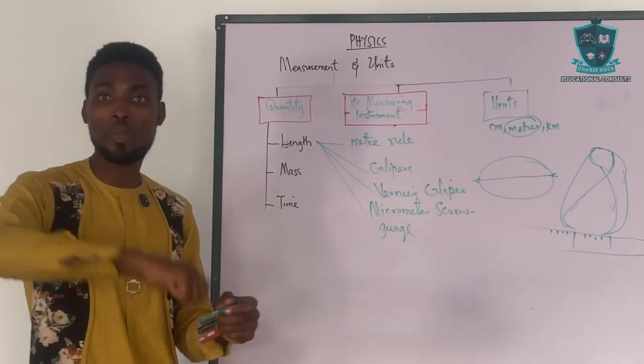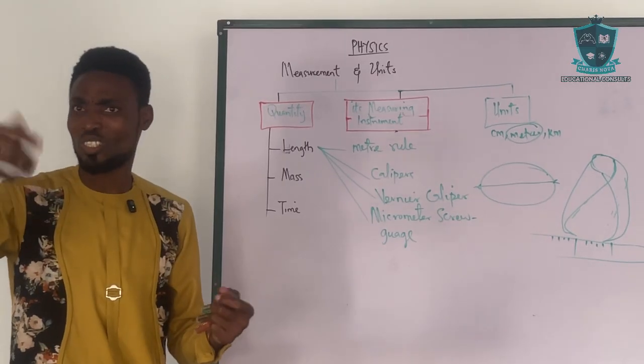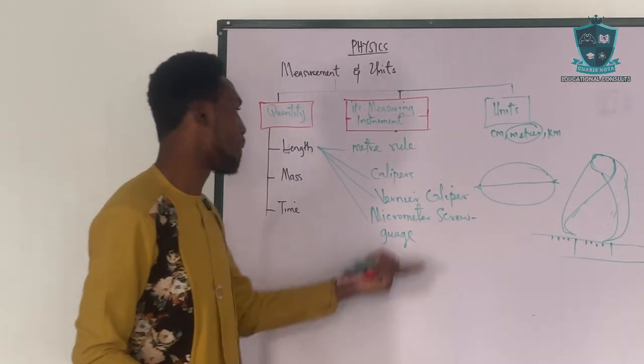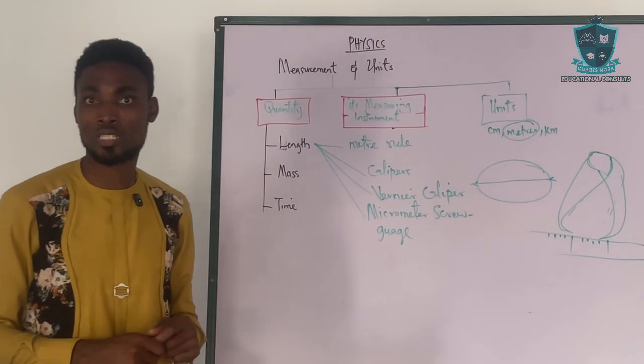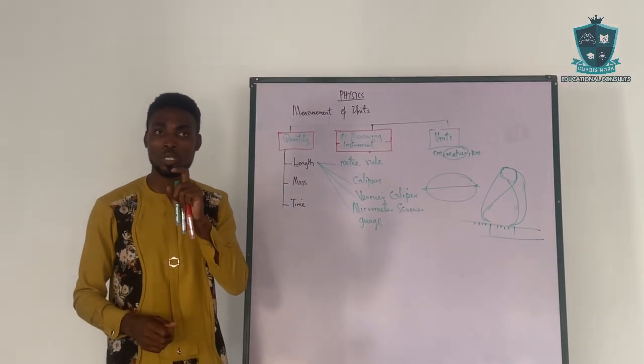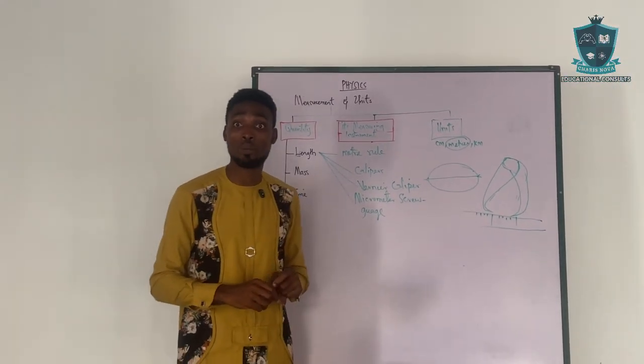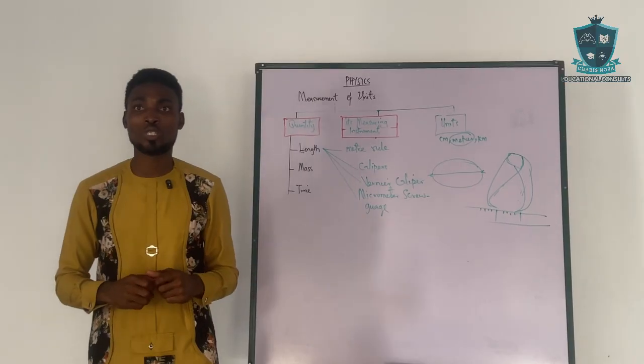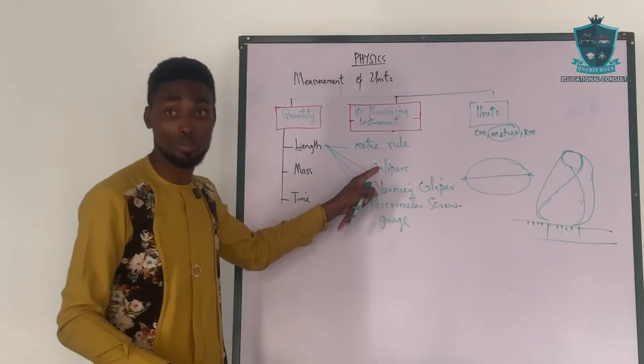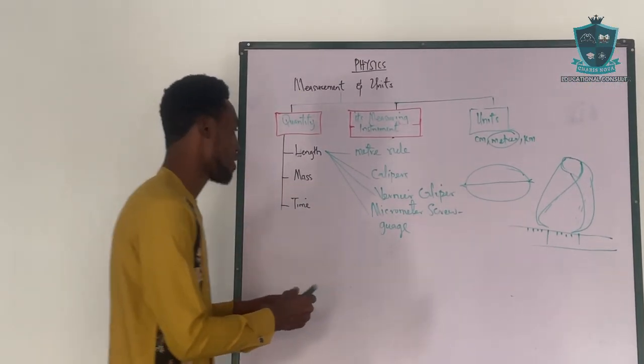So if you open the page of your paper, if you look at it, you almost think that it's nothing, you cannot measure it. But bring it close to what? A micrometer screw gauge and you'll be shocked that you get that measured. I've just hit a point to tell you that in case you're asked in your JAMB exams what instrument is used to measure the thickness of the paper, please don't say a caliper. Rather, say